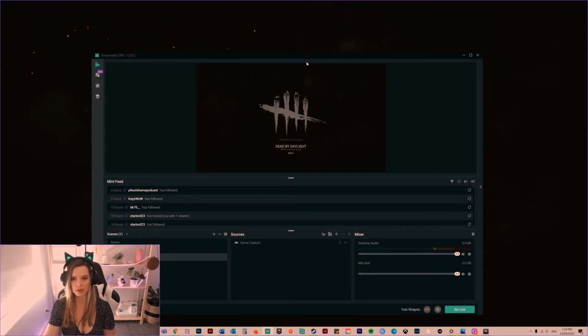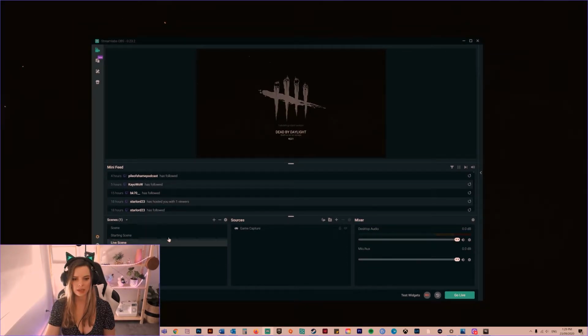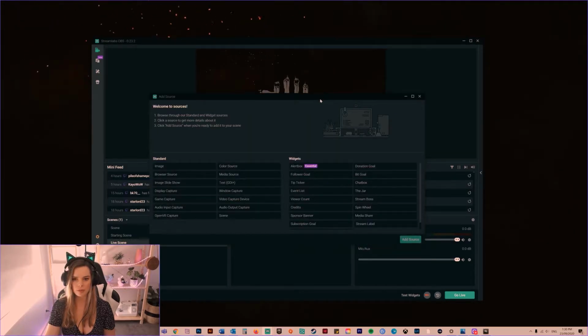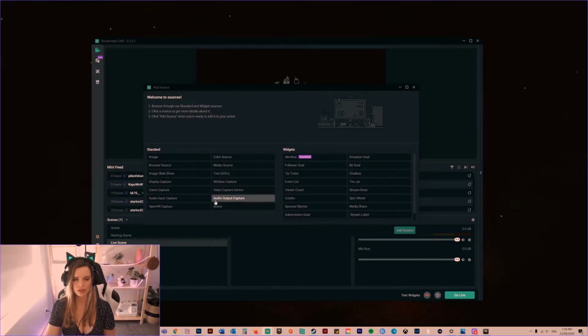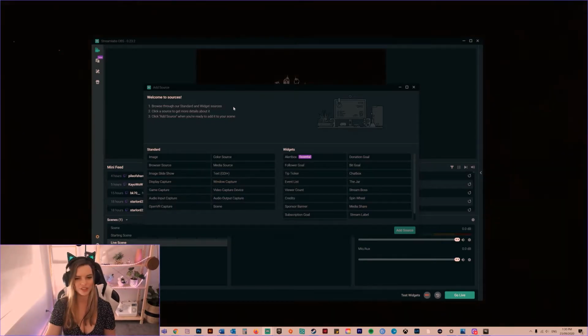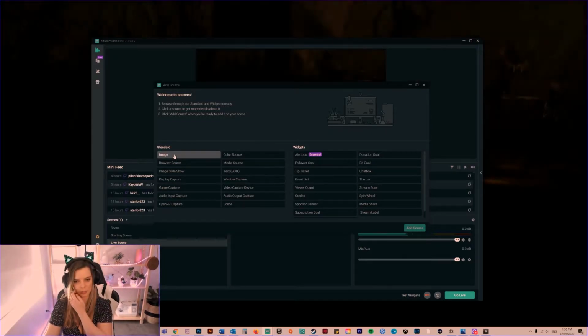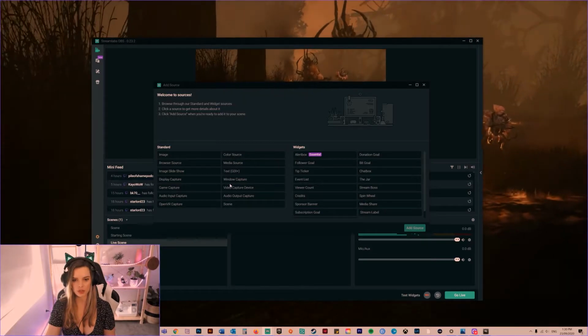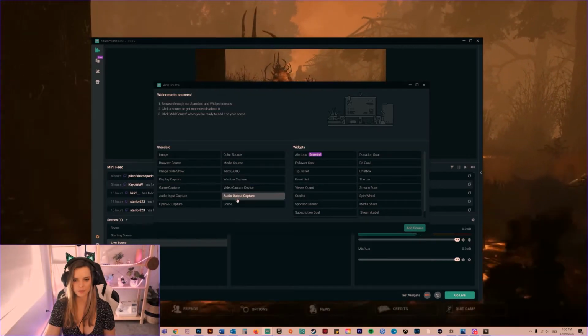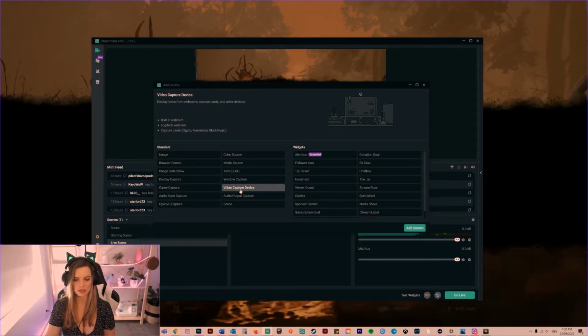Now that we have the game activated, we can put in the webcam. At the moment, my webcam probably won't work because I'm using it to film this video for all of you lovely people. So at the moment, I can put an image in of myself just to show you where I would typically put the webcam. But if you do want to set up a webcam, you go video capture device, click on that